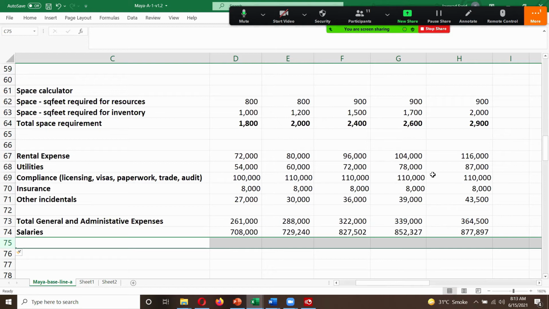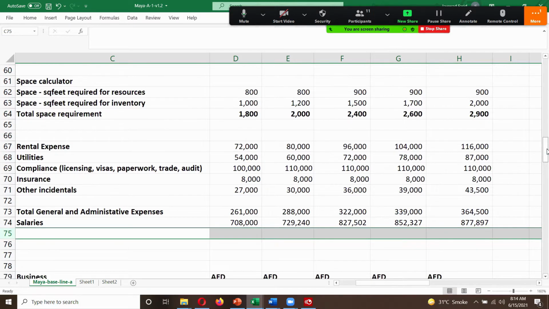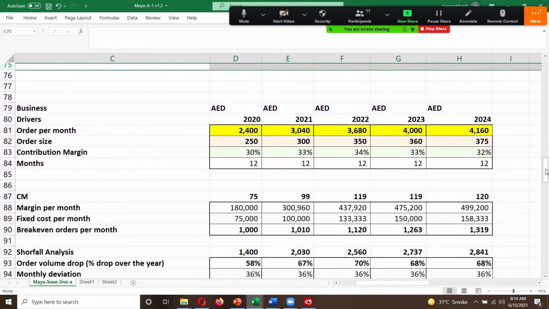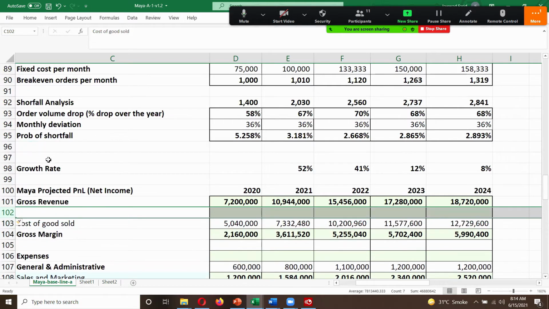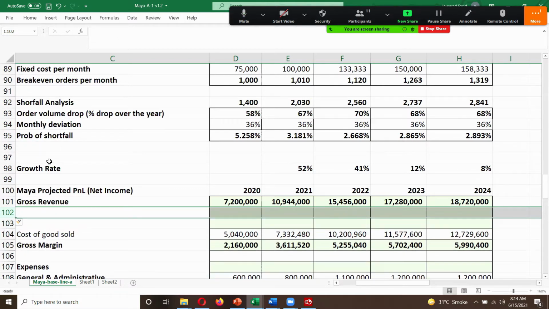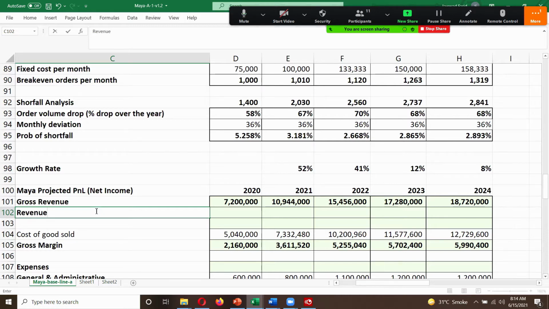So we've now built all the submodels, and we're going to take all of these items one by one and plug them into our calculator below, right? So the first thing that changes is gross revenue is fine, but we need to add a line item, and that line item is going to be revenue receipts. So our revenue receipts is going to be this number